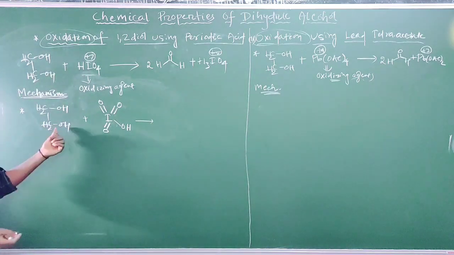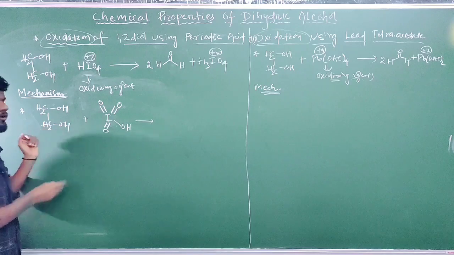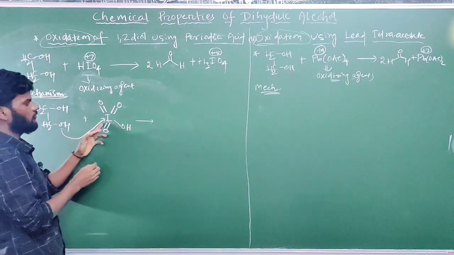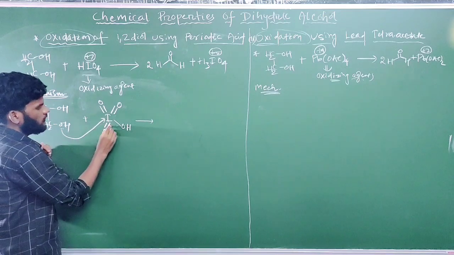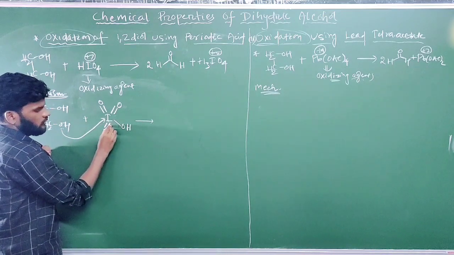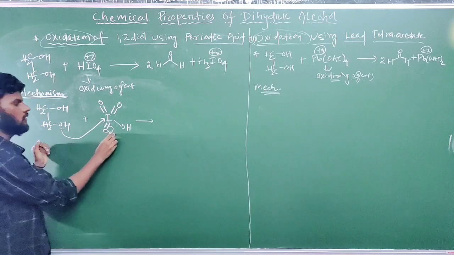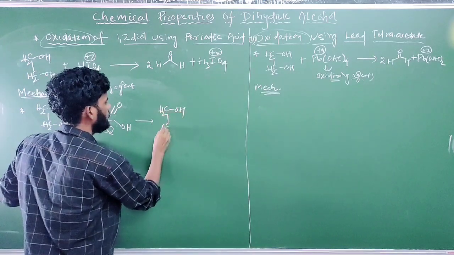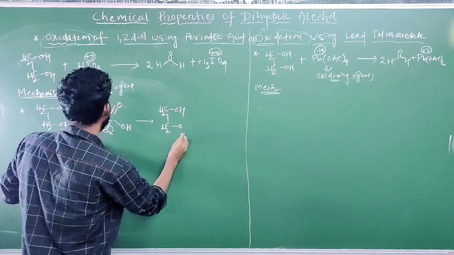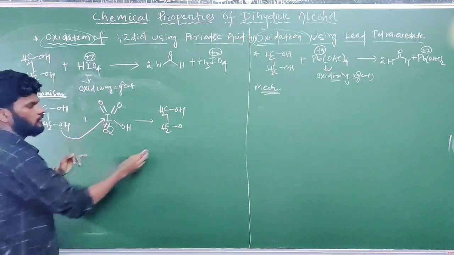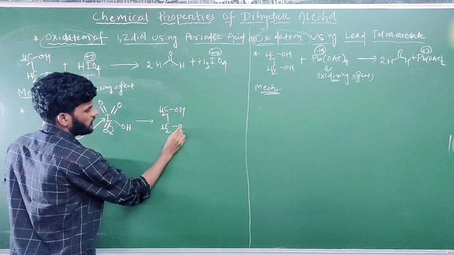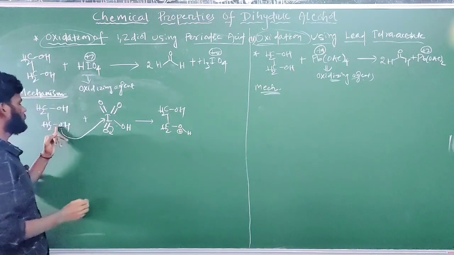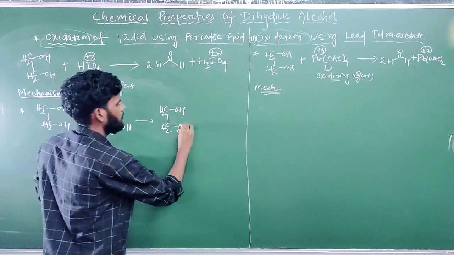In the first step, the nucleophile is the non-bonded electron pair on oxygen. It will attack the iodine. If it attacks the iodine, one of the iodine-oxygen double bonds will move over to oxygen. See the arrow mechanism and practice; it is very easy. As oxygen donates its electron to iodine, there will be a positive charge on the oxygen attached to hydrogen. Again, oxygen now gets attached to iodine.